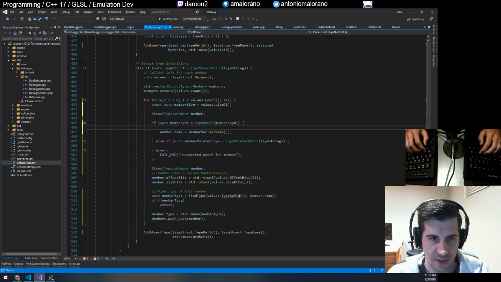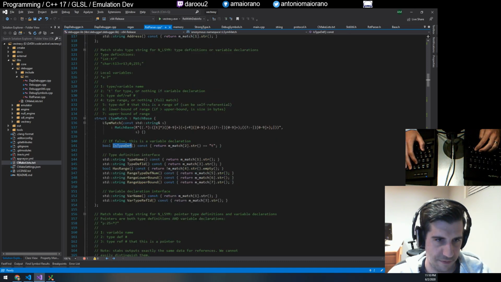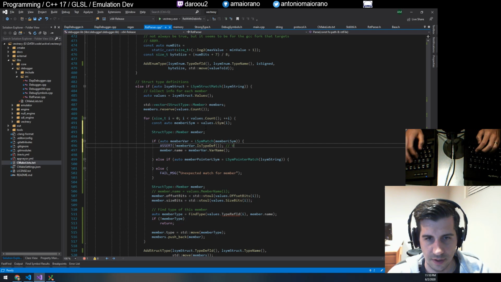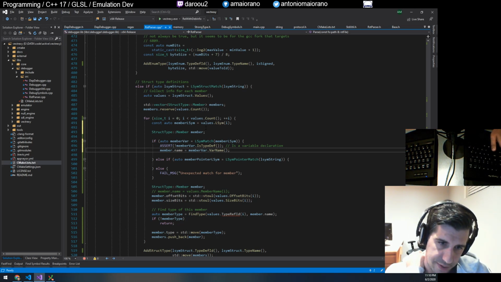So one thing is we want to assert here that this has to be not a type def. If false, this is a variable declaration. It's basically a member variable declaration, right? So we have that there, and as for type,